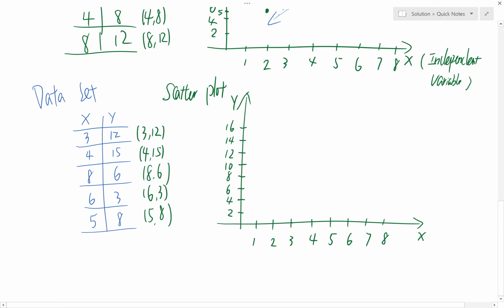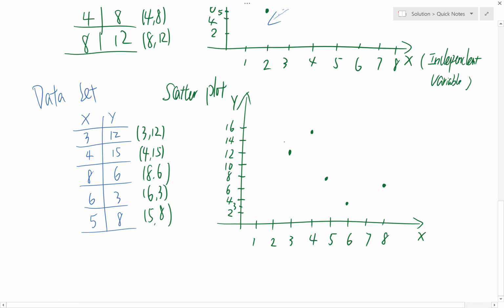So 3, 12 goes here. First ordered pair. Now 4, 15 goes here. Then we have 8 corresponds with 6. Okay. And 6, 3. 3 is right here. 6, 3 goes here. Now the last ordered pair is 5, 8. Here you go. All right, so now if you look at these 5 ordered pairs, it looks like when x increases,